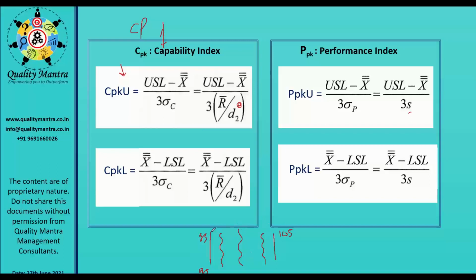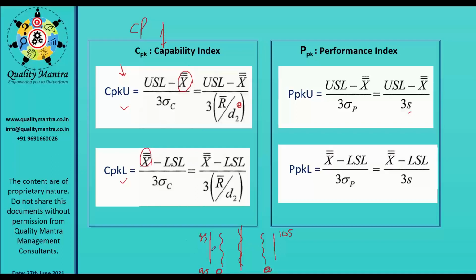So this average here will be say around 100, or it can be 99, it can be 101 here, and the average here can be say 103, 104, and the average here will be something different. Maybe it is nearer to the 95, maybe it's 93 or 94. So averages are different now. So the values of CPKU or CPKL for all these processes will be different. Is it not? Or will it be the same? No, it will be different, because this is changed and this is changing.